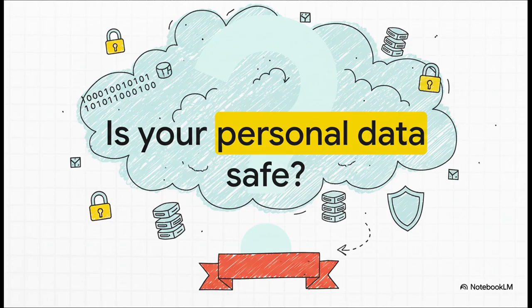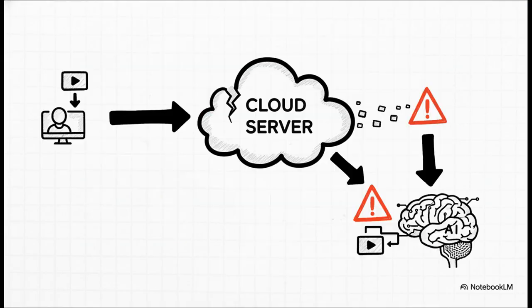This one isn't just about AI, it's about basically every single service you use online. What happens to your personal data? Remember that super simple 6-step process we talked about? Well, step 3 was upload your video. That means you are physically sending your personal videos, your memories, your face to some company's servers. And look,